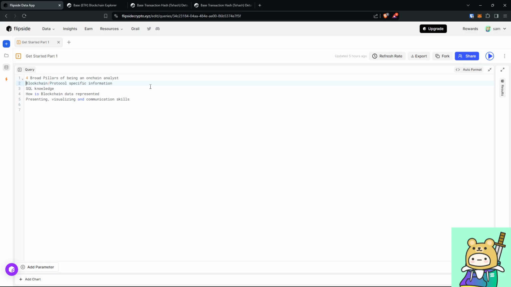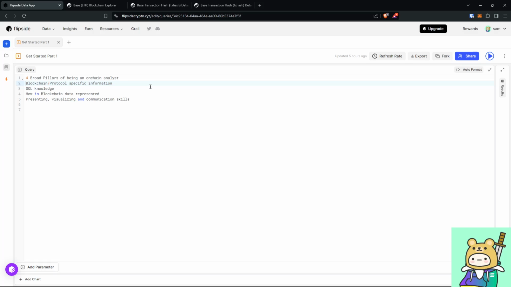So my advice here is to just read up. For blockchain specific knowledge, read up on Ethereum, and the L2s, Arbitrum, Optimism, Base, Blast. And besides reading up, also just try a bunch of things. Try a swap. Try how lending markets work. Try to buy an NFT from a marketplace.